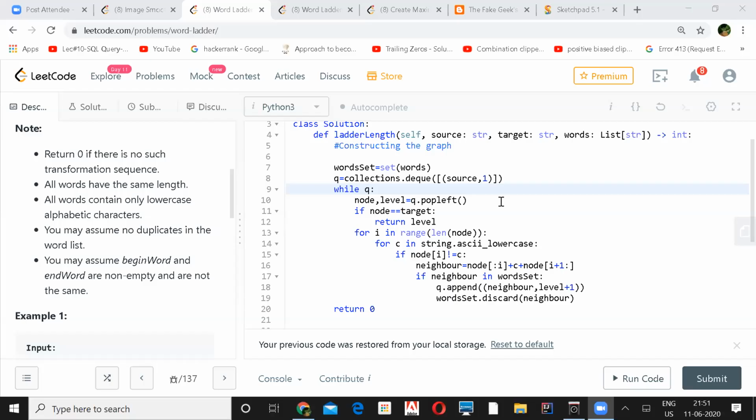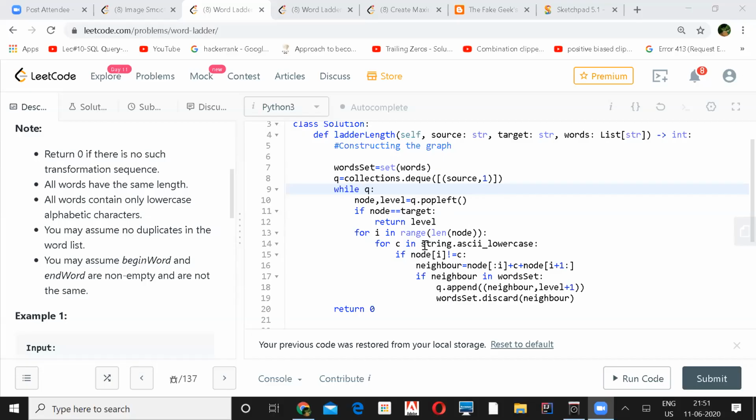So this is the same thing whatever you all have discussed, but the only difference is that I'm not creating the adjacency list over here. I'm pushing the source word into the queue with the initial distance as 1, and then getting the node and level. If it matches your target, just return the level, or else for every word from the word list, you change its character.